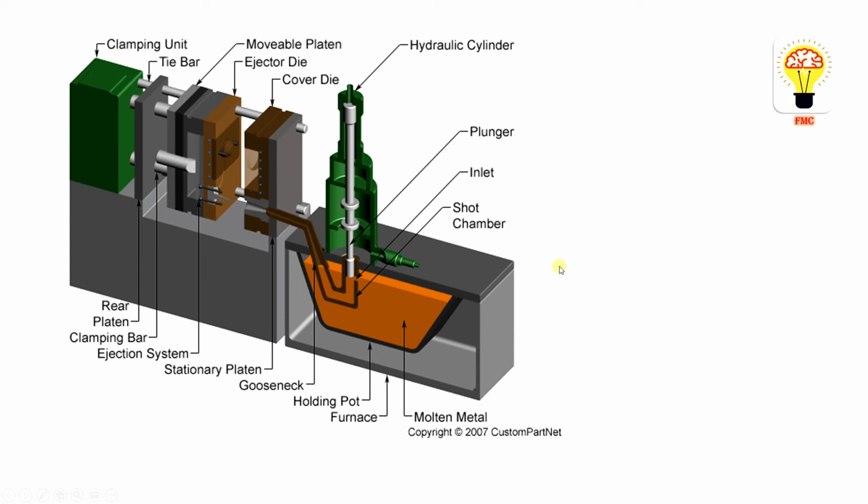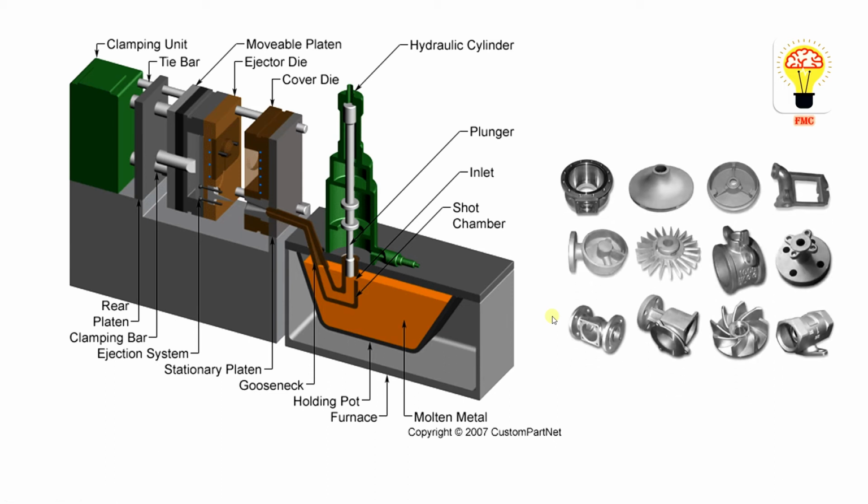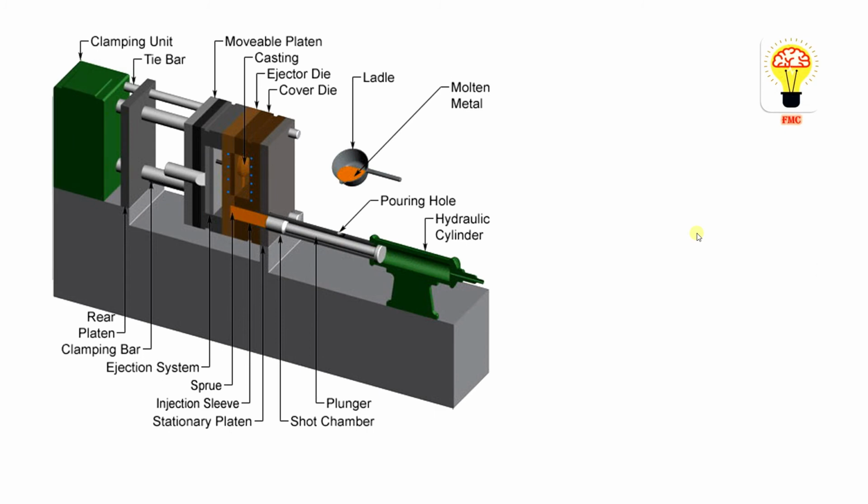Okay, so what type of material can we use? Can we use all materials? No, we have an inbuilt furnace, so low melting point materials we can use, and some of these shapes can be produced. You can see most of them are axisymmetric components, some turbine blades and casings of various materials. And what are those materials? Low melting materials you can easily identify: zinc, lead, tin, etc. These things only we can handle. Okay, this is the small disadvantage of this process.